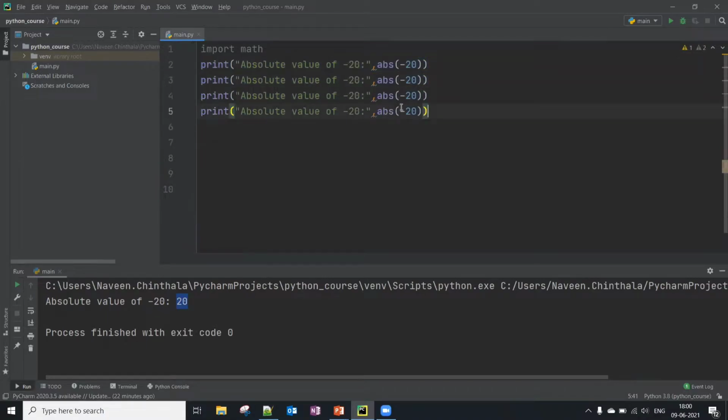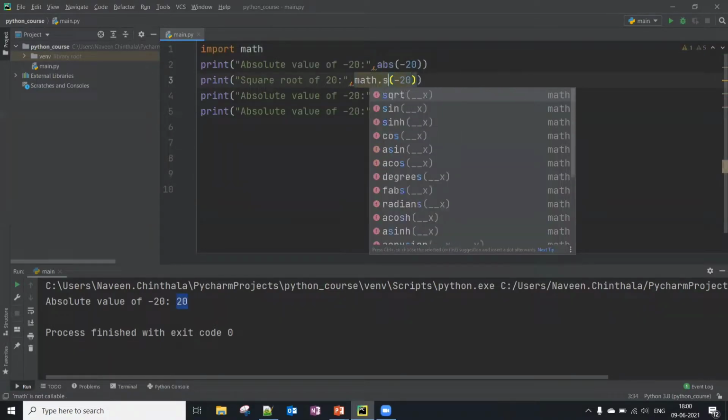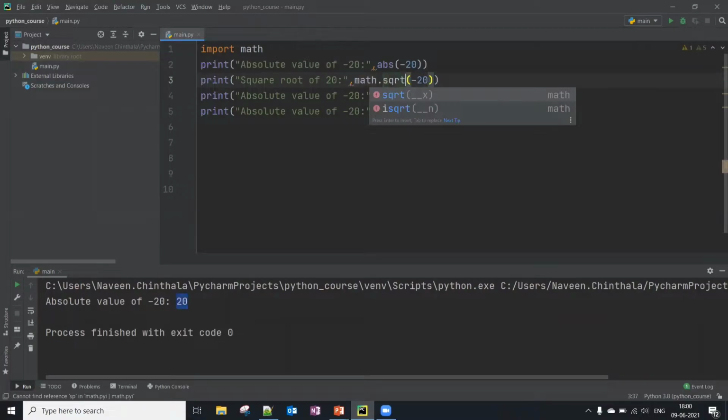Similarly, I will do this for other functions also. Let's find the square root of 20. Square root is part of the math module, so I have to give math dot. And what about the others we have?